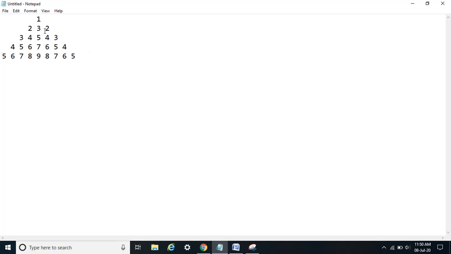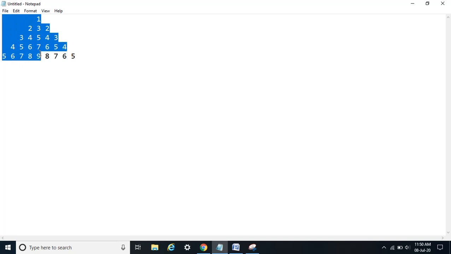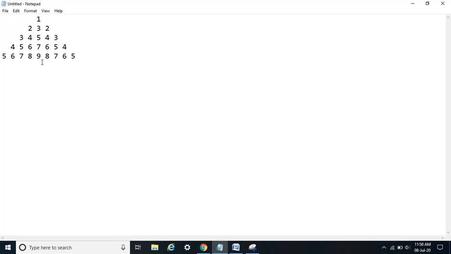Okay, now let's make it more crisp and clear. If you observe, let's count the space. To build this pattern, let's break it into two parts. First we will build the pattern up to this part, from here to here, and then this part. So let me remove this.